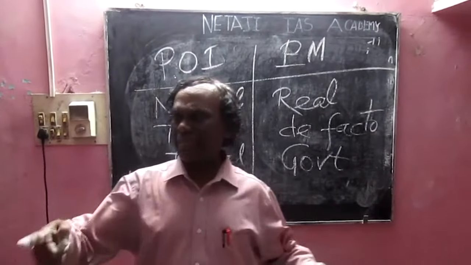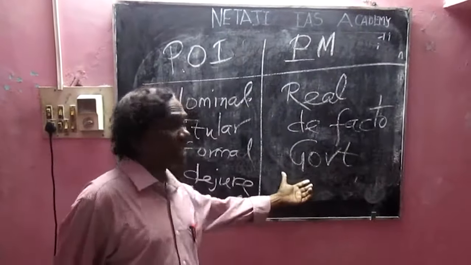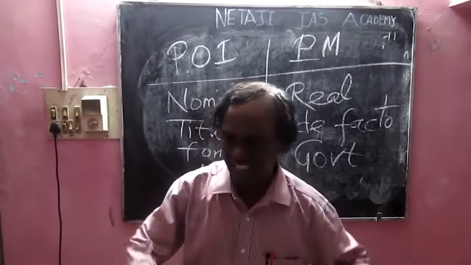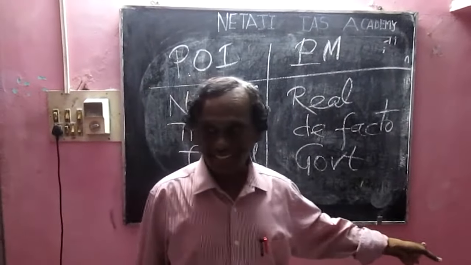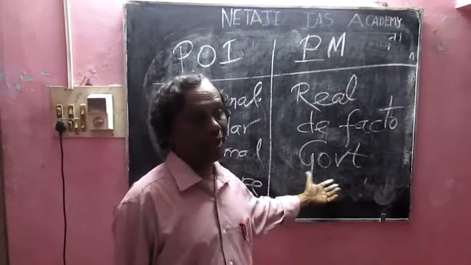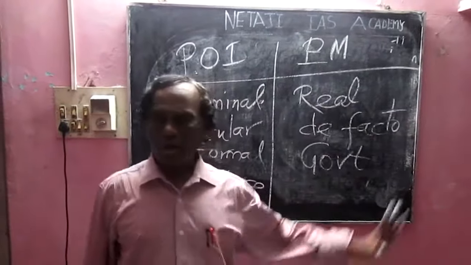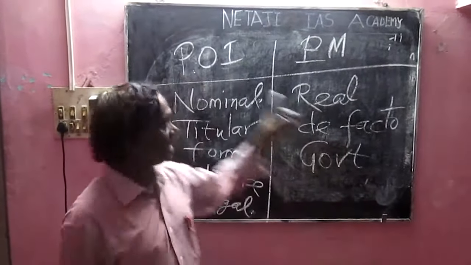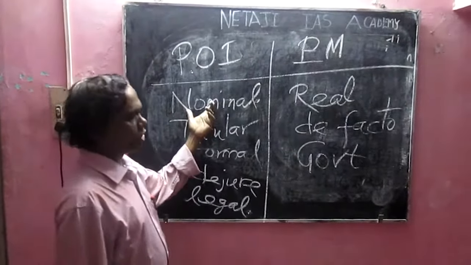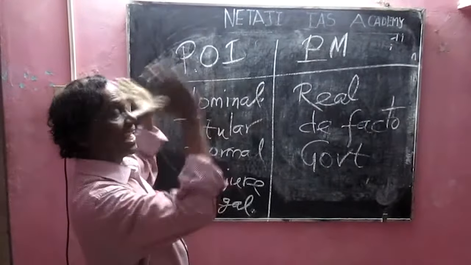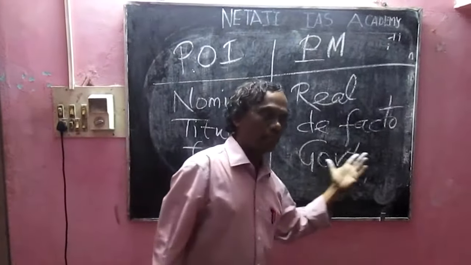Head of the state means nation. Head of the government means ruling party. Narendra Modi government, so it is the ruling party now. But we don't say Ramnath Kovind government, because he is the president, he is a nominal executive, so he is representing the nation. He doesn't represent the ruling party.